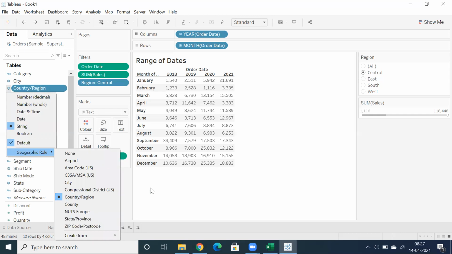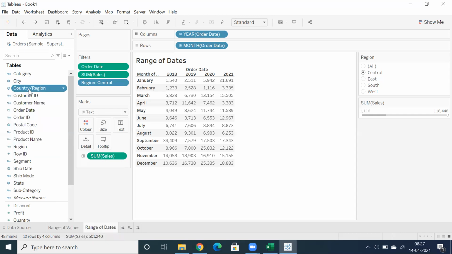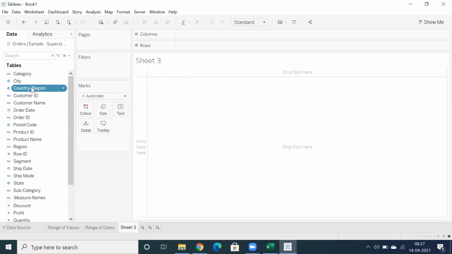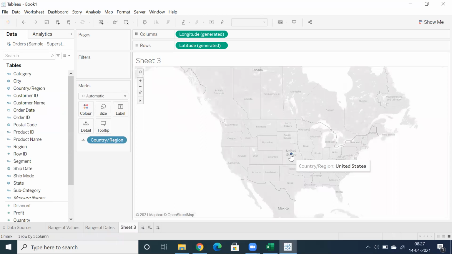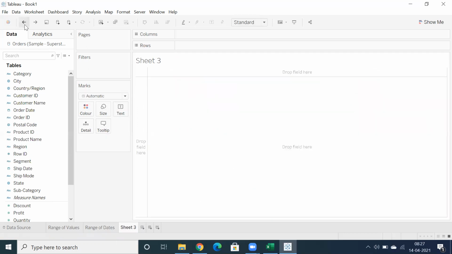But the advantage is, when you double click on this country field, by default it will create a world map. So now I can see we are getting United States data. By default, it's creating a world map. But let's go back.